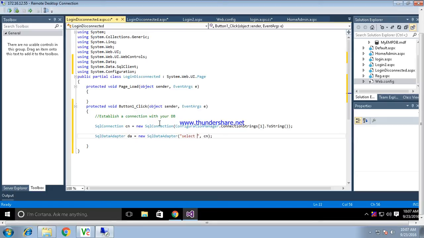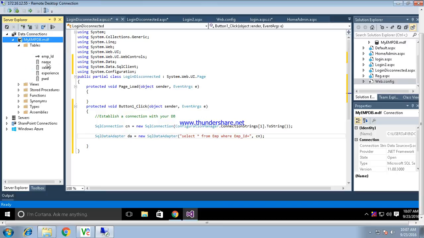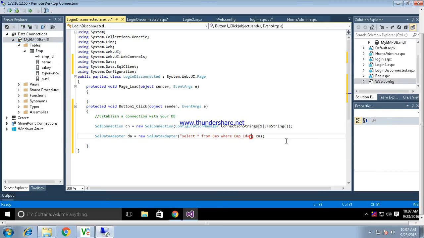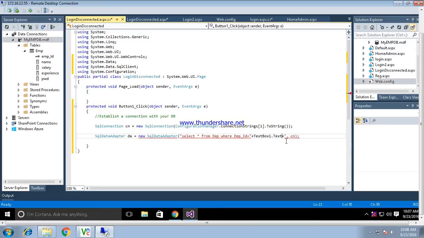Now what I want to do is select star from EMP where EMP ID is equal to the employee ID. The employee ID is a number for us, so that's why we are writing the concatenated string over there, and I'm just going to take it from textbox1.text.